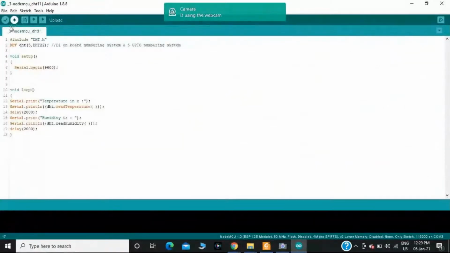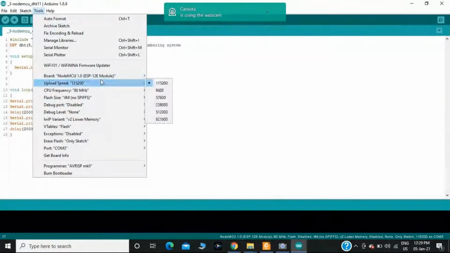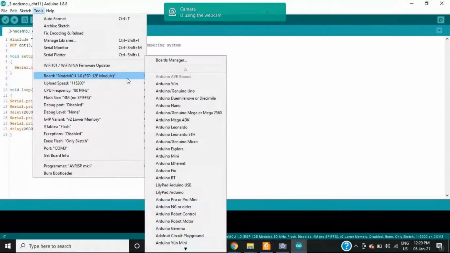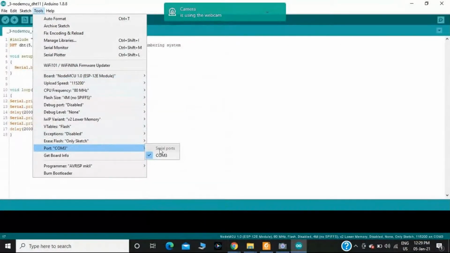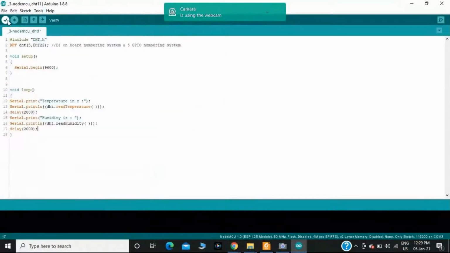After the connection, once again, I should select which board I'm using. The NodeMCU board is selected. Then I have selected the port. Then I should verify the code by clicking on verify.